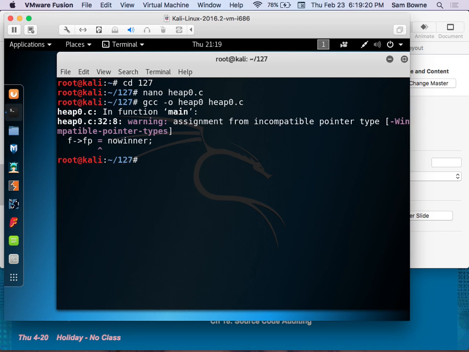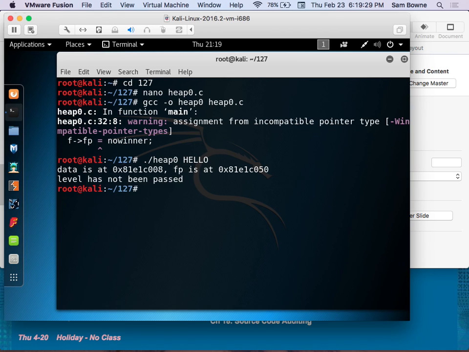And you get a warning telling you this looks kind of evil, but it doesn't refuse to go. And so now I can run it, heap 0, and I can run it with hello. And then the hello is not too long, so level has not been passed. But if I do this,